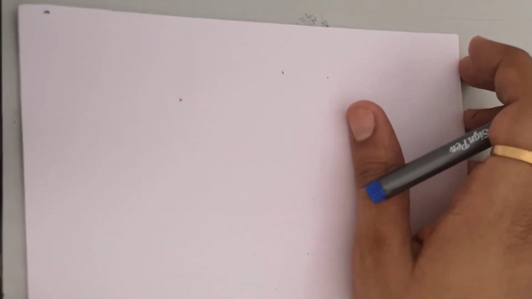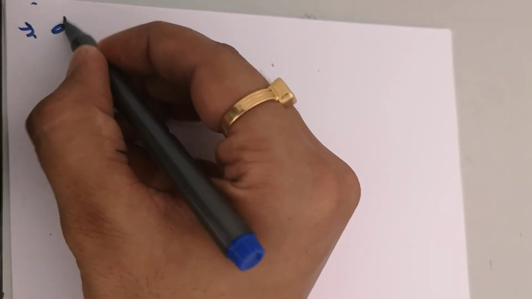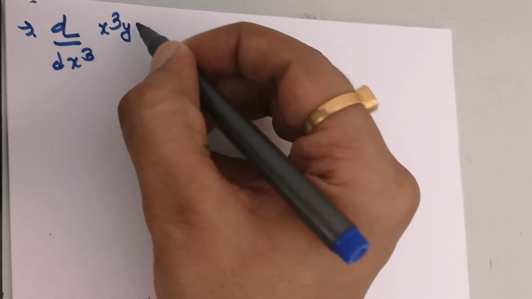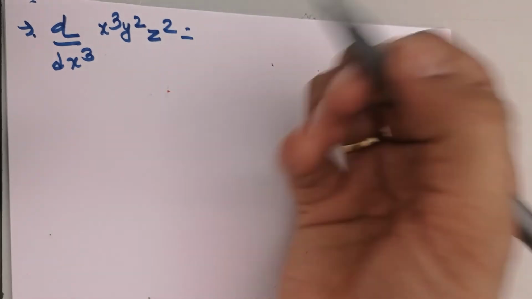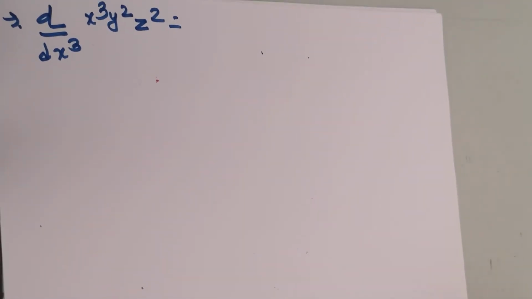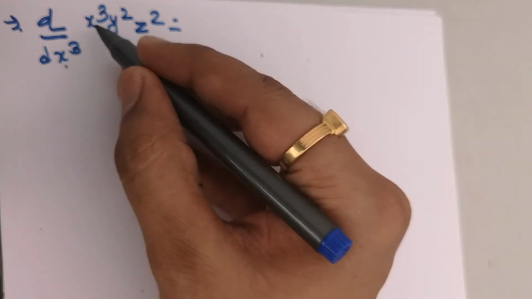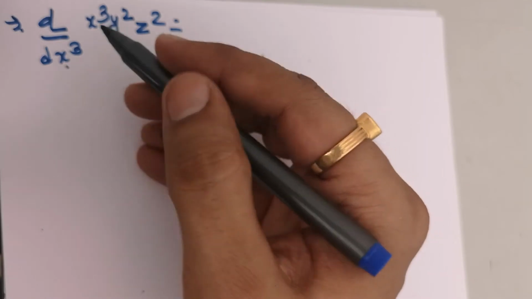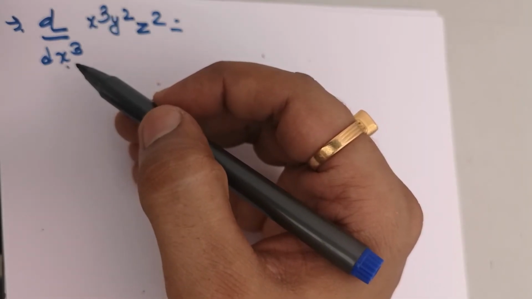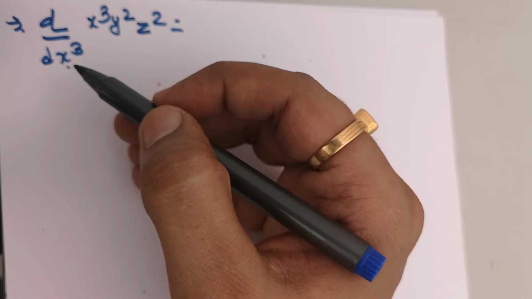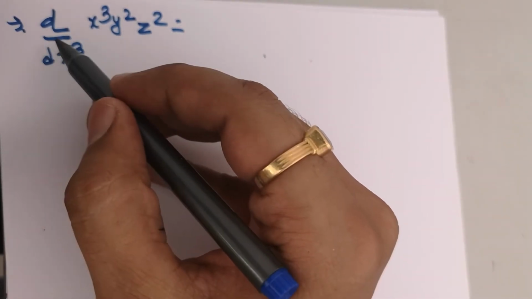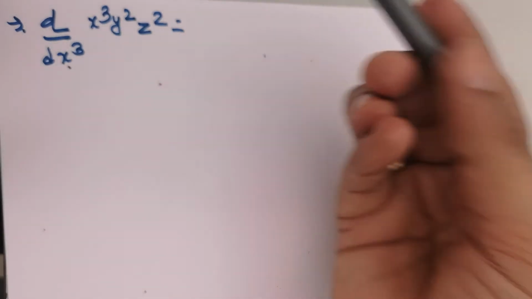I am putting first of all this formula: d divided by x cube, and I am putting x cube, y square and z square. As per the rule, you cannot cancel out x cube and x cube. We are habituated from primary or secondary school that whenever there is a similar quantity in the numerator and denominator, we cancel it out. But right now both are the same, yet we are comparing and differentiating. That is why we are not in a position to cancel it out.